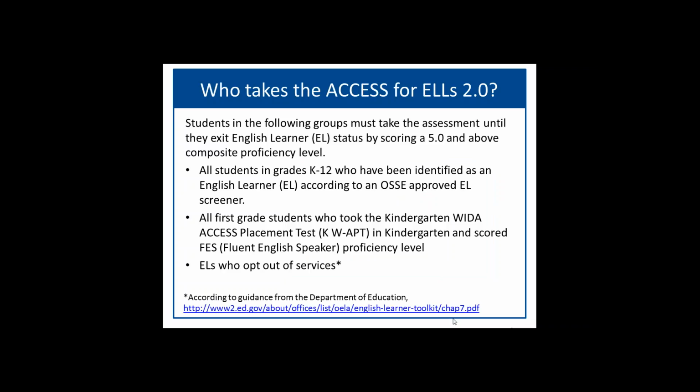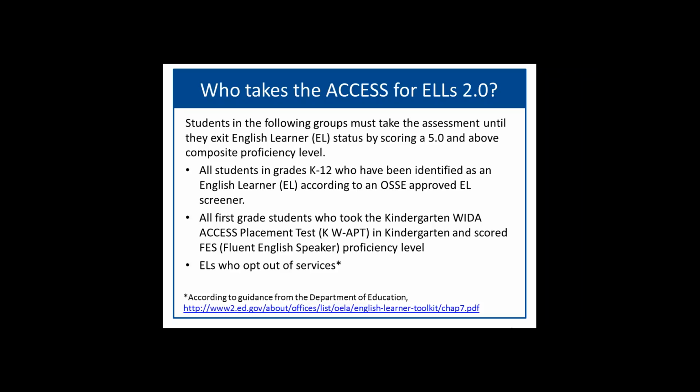So who takes the ACCESS for ELLs 2.0? Students in the following groups must take the ACCESS for ELLs until they exit ELL status by scoring a 5.0 or above composite proficiency level on the ACCESS for ELLs. All students in grades K through 12 who have been identified as an English learner by your LEA according to